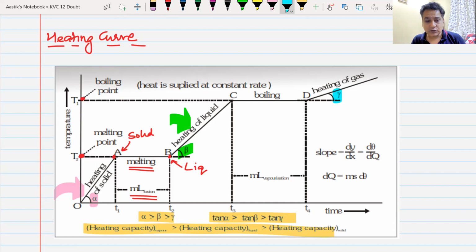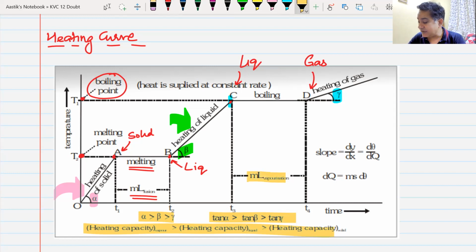We understand this? Yes or no? Yes, sir. It will go till a point C. The point C is the point where it starts to boil. Not evaporate, evaporation is a different process. Boil. So at point C, we have total liquid. At point D, we have total gas. And between C to D, temperature remains constant, isothermal process, change of state is taking place, and